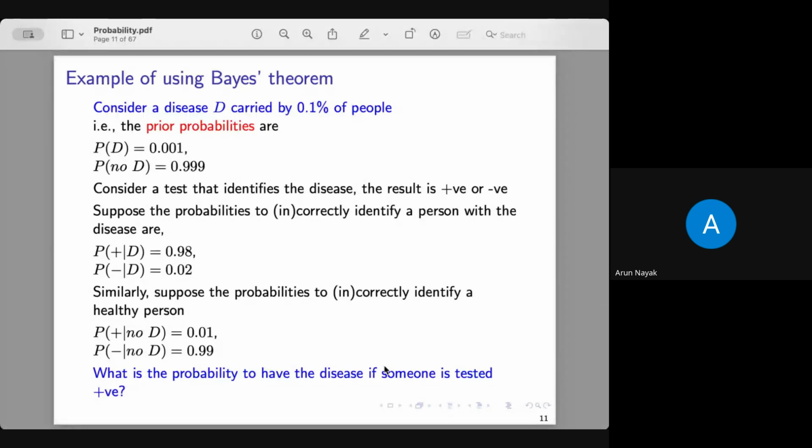Now let's use this Bayes theorem to solve a problem or understand how it works. Now let's take an example. Suppose we consider that there is a disease T carried by, say,